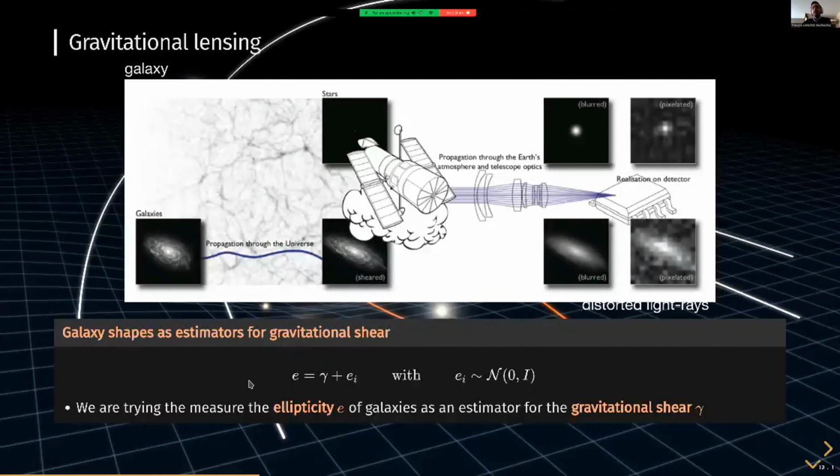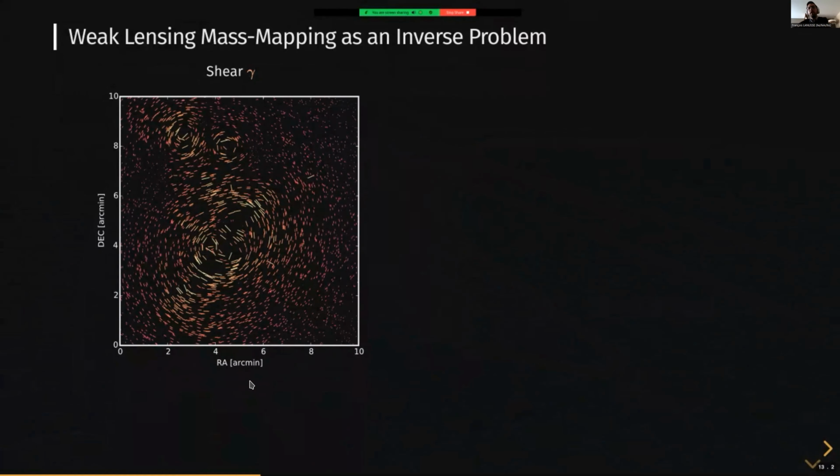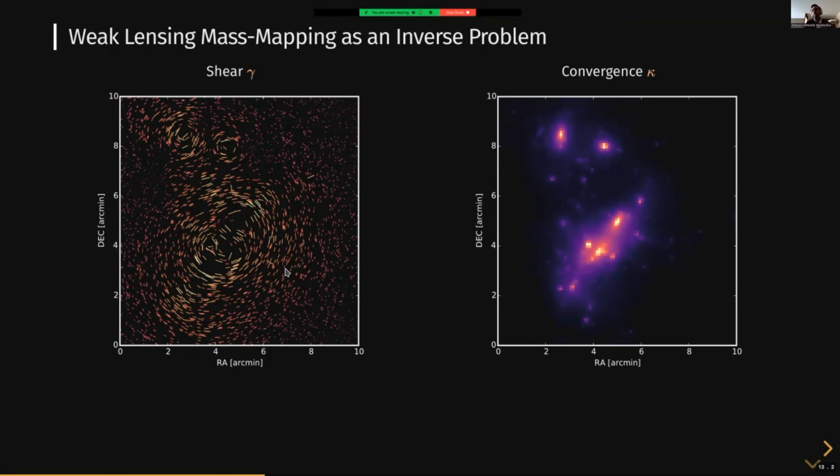Well, because one of the tasks that we're trying to do when we do our surveys is to measure this gravitational shear from data. And here you have an illustration of what this shear would look like at the position of a bunch of galaxies on a little patch of the sky. It's very exaggerated, but you can see that there is some pattern here. So we try to go from this thing that we can try to measure on data back to the actual matter distribution that generated these gravitational effects.